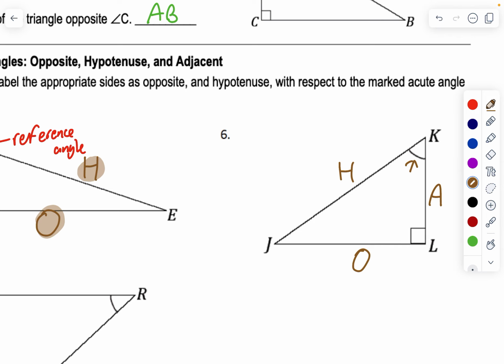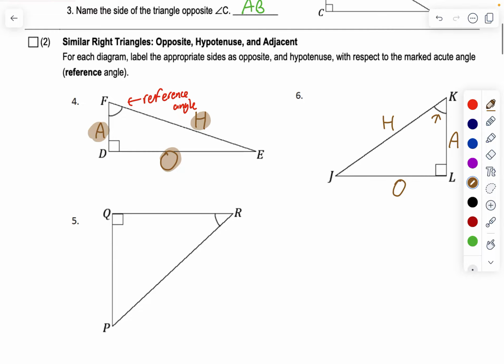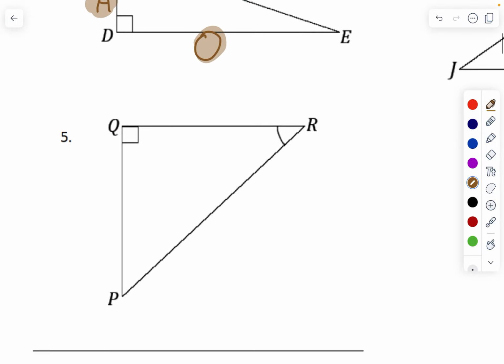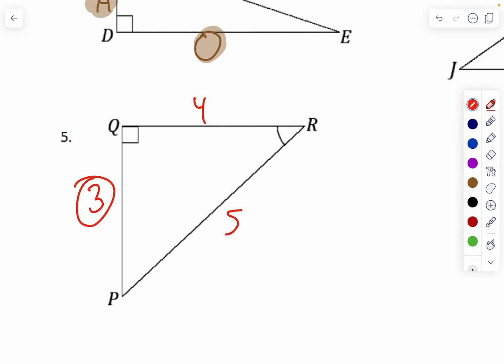Now, once we know the opposite, adjacent, and hypotenuse of these triangles, and we know the measures of those sides, we can create fractions if, let's say, we use a triple for this one, 3, 4, and 5. If I want to find the relationship between angle R and the opposite and the hypotenuse